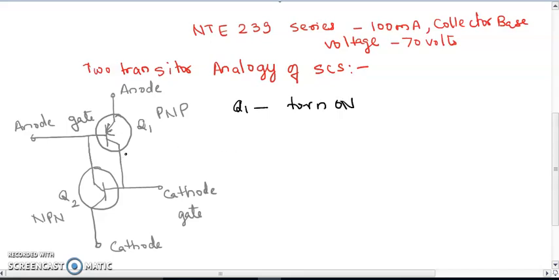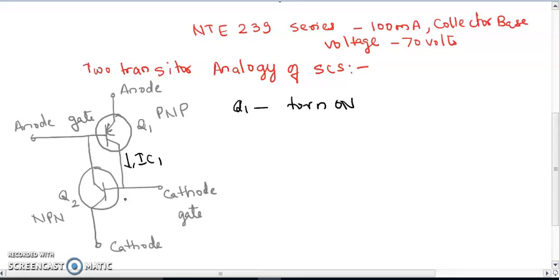The collector current IC1 will start flowing, and this collector current IC1 is the base current for transistor Q2.